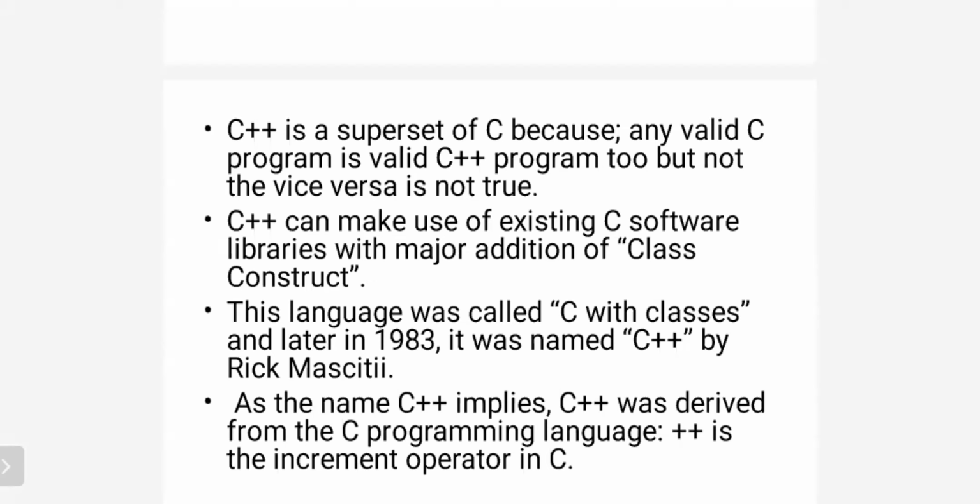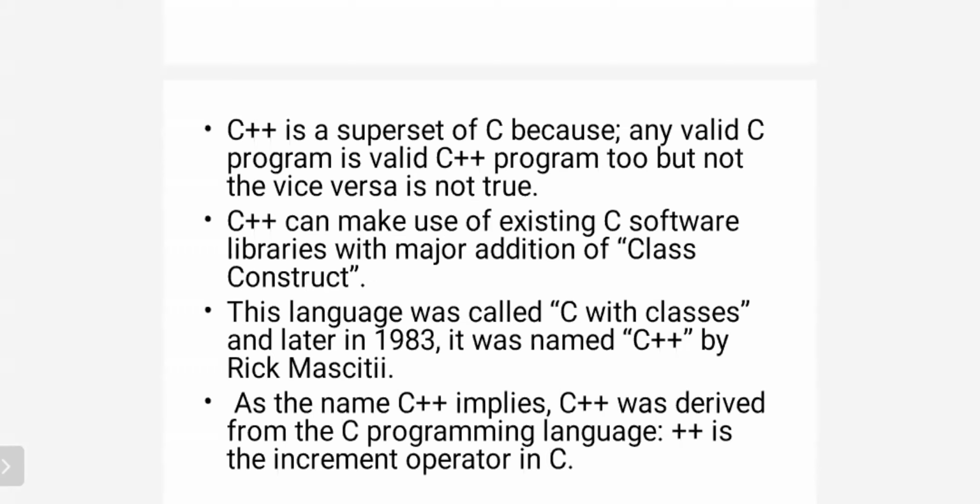C is a middle level language, but C++ we call a high level language. Why is it called a high level language? The C++ language has its own syntax. It has its own rules to implement the program. It has its own source code. Clear? That source code does not depend on machine configuration. That's why we call C++ a machine independent language. So it is called a high level language. It is a pure high level language.